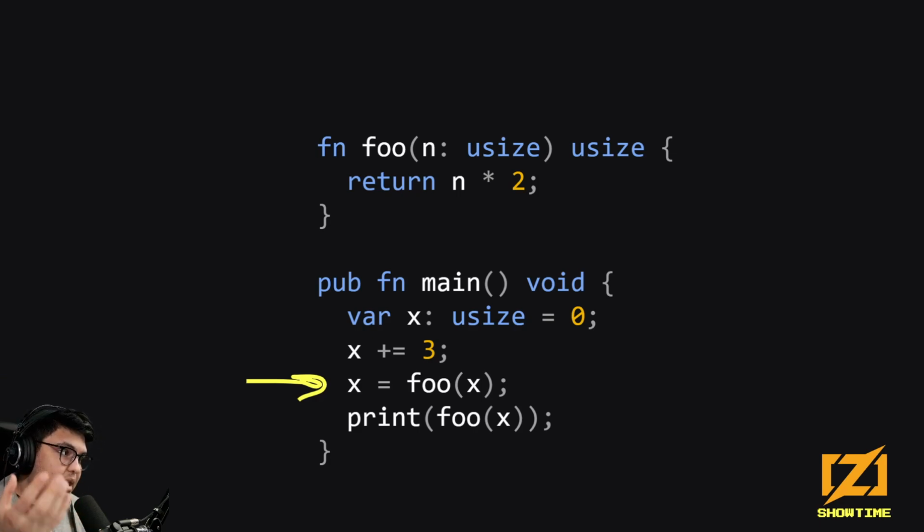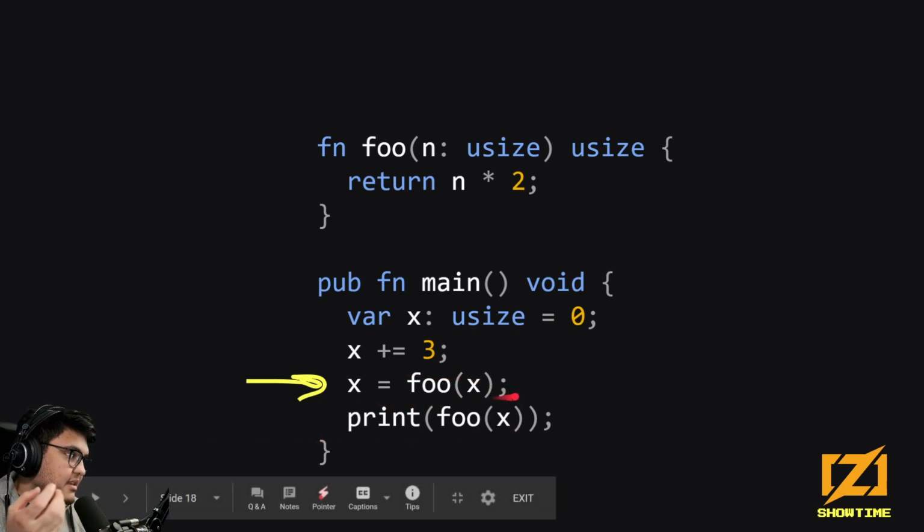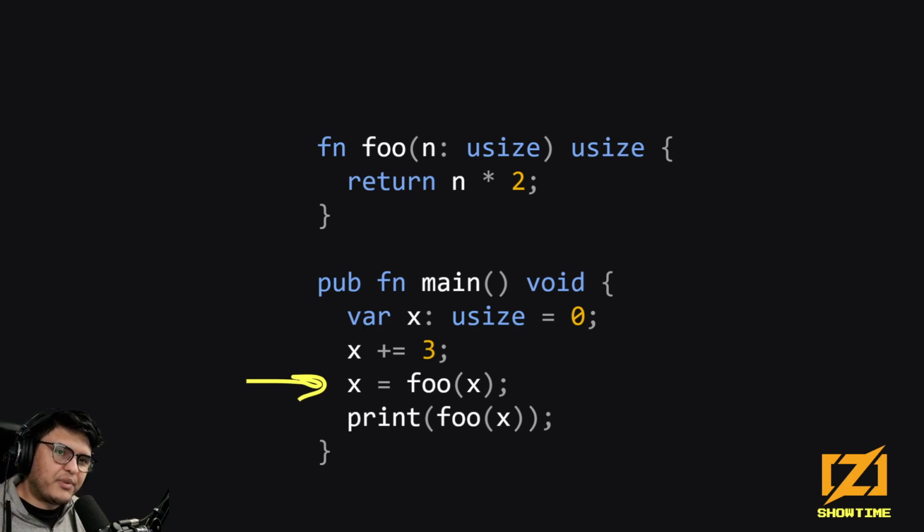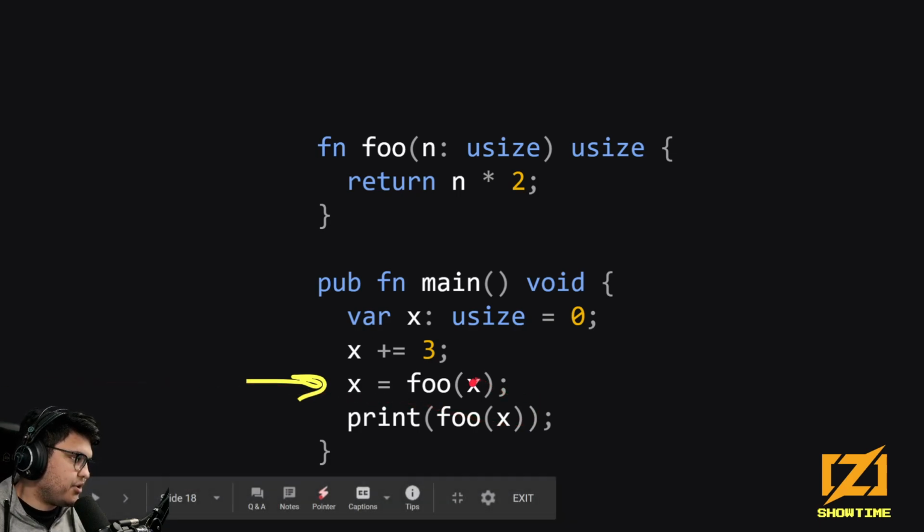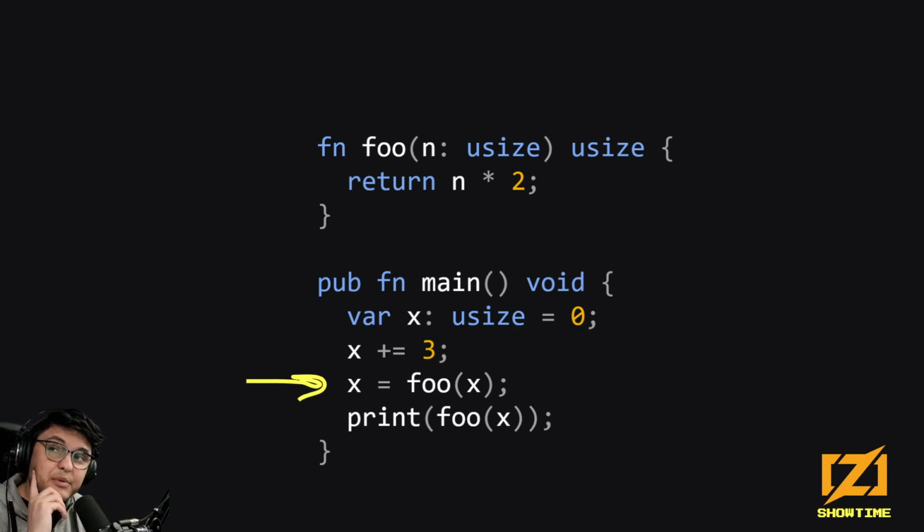And then, again, this is another non-trivial thing that you learn after. This is not like mathematics, like this is not an equation where both sides have to be true. It's not like x and x here need to be equal, where you'd have to find a stable point or whatever. No, you pass the current value of x downstream. Once you're done evaluating foo, then you set the resulting value into x. Some people have questions about this too. Maybe you did when you were learning, but you get through that.